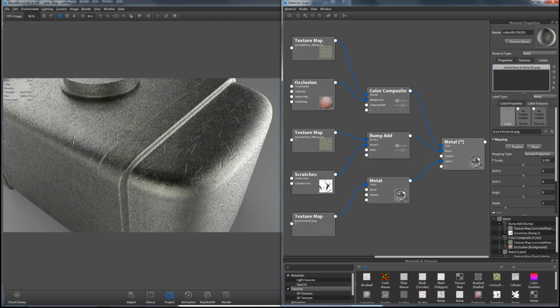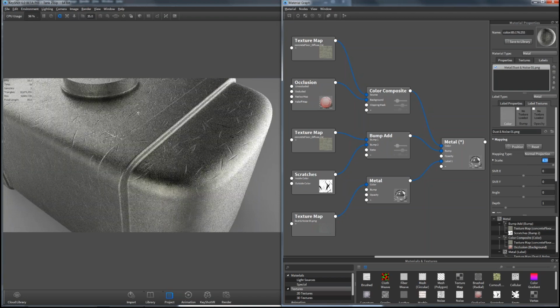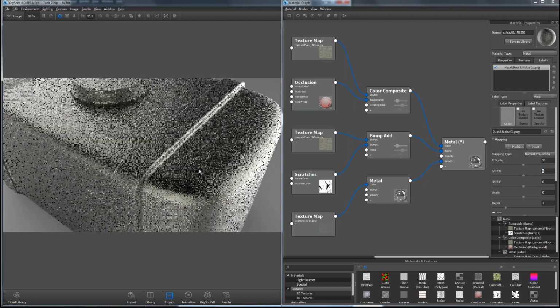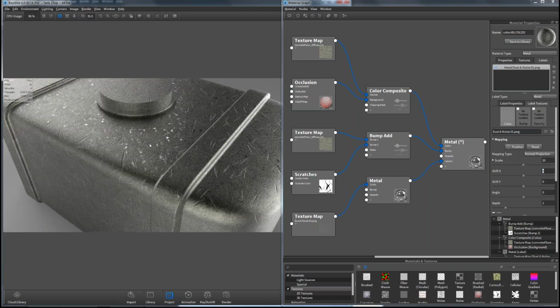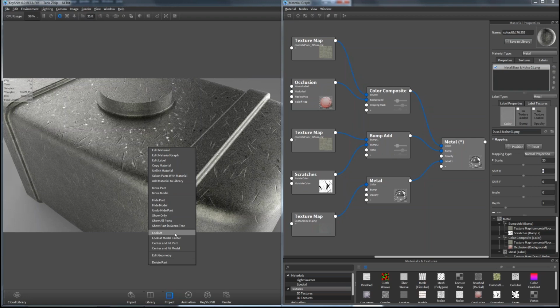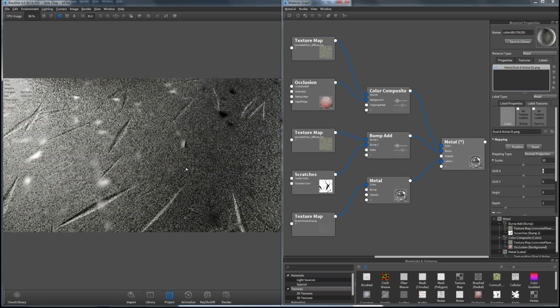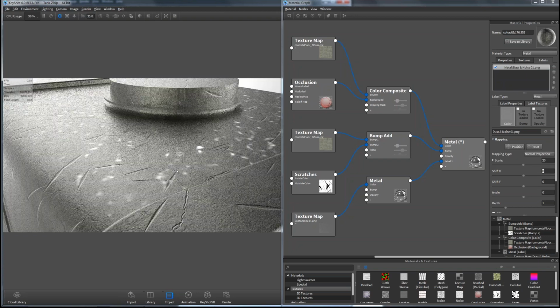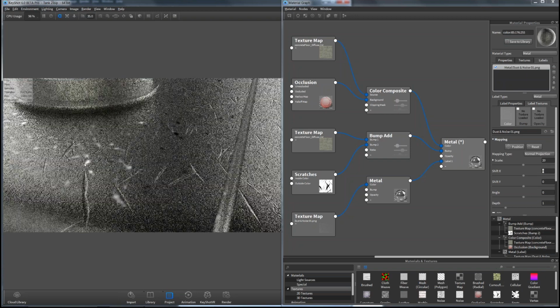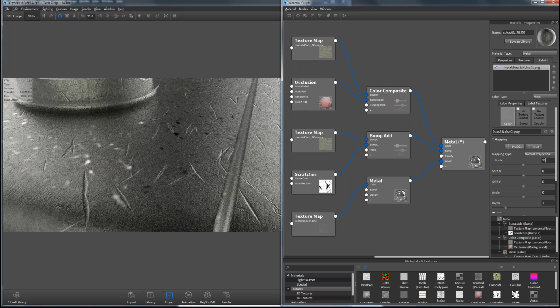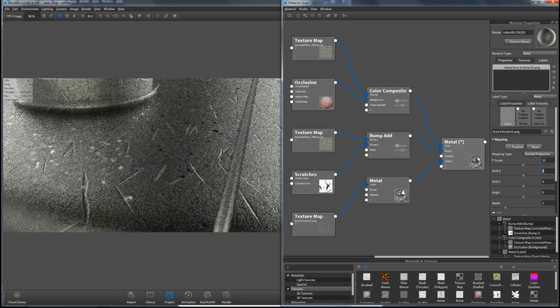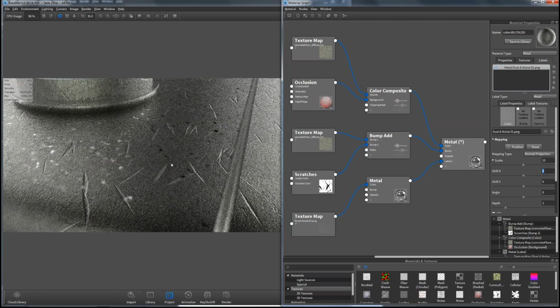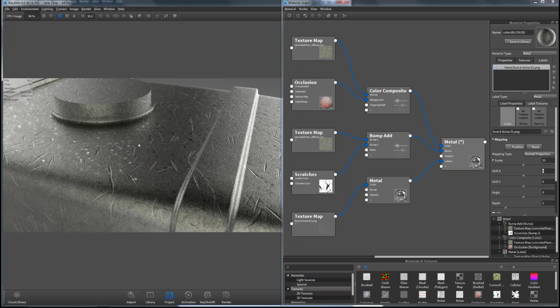And let's go ahead and scale this way up. I've used this one before, so I know it's a really small texture. But now if I look on the surface, you'll see that I've applied that image as a label. And since I've assigned it a metal material, it's actually reflective. So now on that little part right there, I'm starting to get some reflectivity coming from this noise texture that I've added to it.